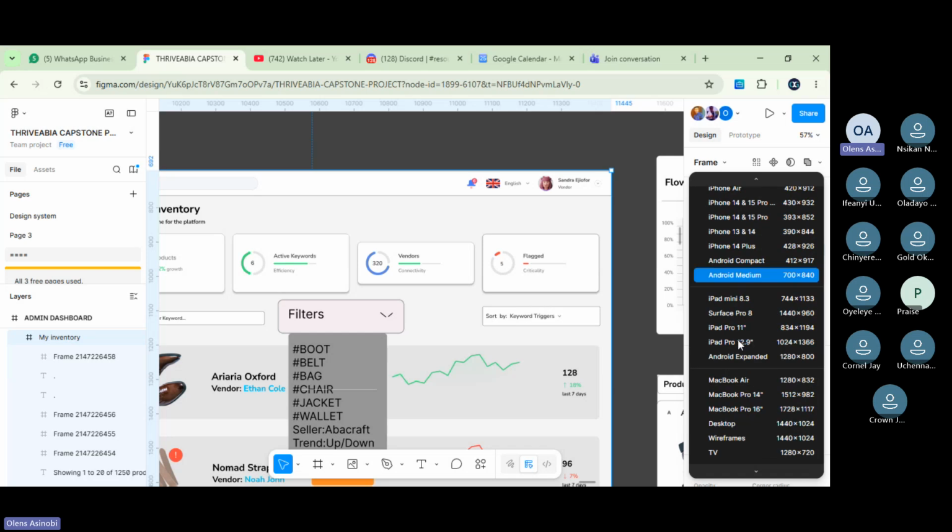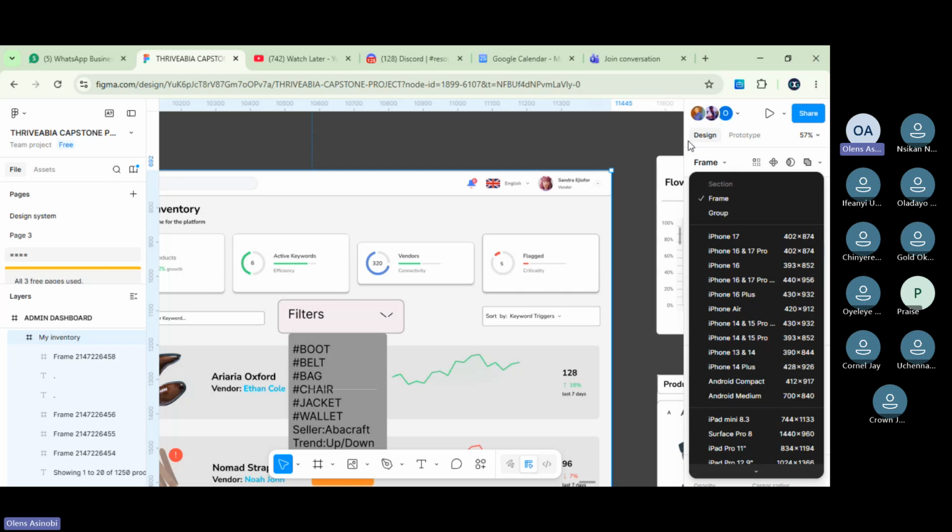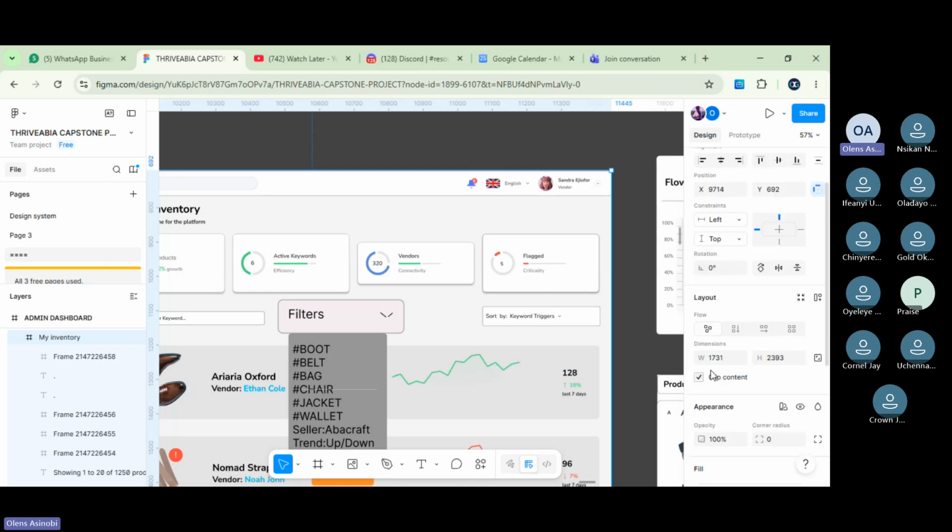Okay, I don't know where to start from again. See what I'm looking at. The widest frame is MacBook Pro 16, and the width is 1728. The height can be extendable, but the width is what I'm looking at. You see the width 1728. But now look at the width of this frame. The person increased it by 3 pixels. Have you seen it? This width is 1731. You understand what I'm saying?